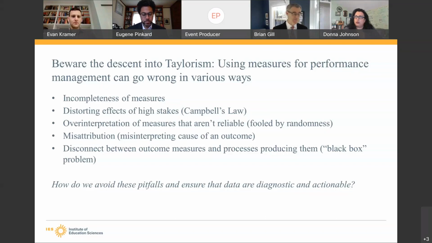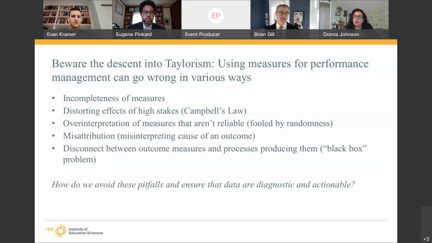Maybe we double the reading and math classes and stop teaching science and social studies. We can interpret measures in ways that aren't reliable. If we have a measure that changes dramatically from one day to the next or one year to the next, we can end up chasing random variation. Sometimes we can misattribute measures, seeing a student outcome and attributing it to a particular program when it might have been caused by something else entirely.